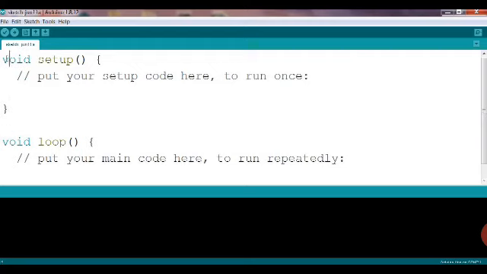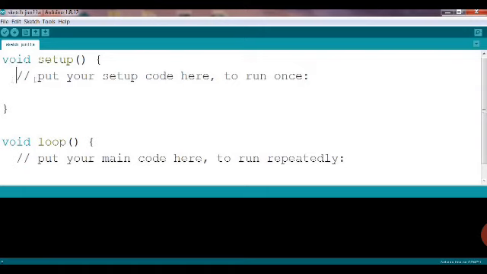So once you open this software, this page will come. This is a blank page, meaning we have not done any programming here. This is how it will come. So very first we should know, under void setup we basically do the settings, like when we are going for the Arduino projects, then we are going to use the different pins of the Arduino board, digital pins and analog pins as well.